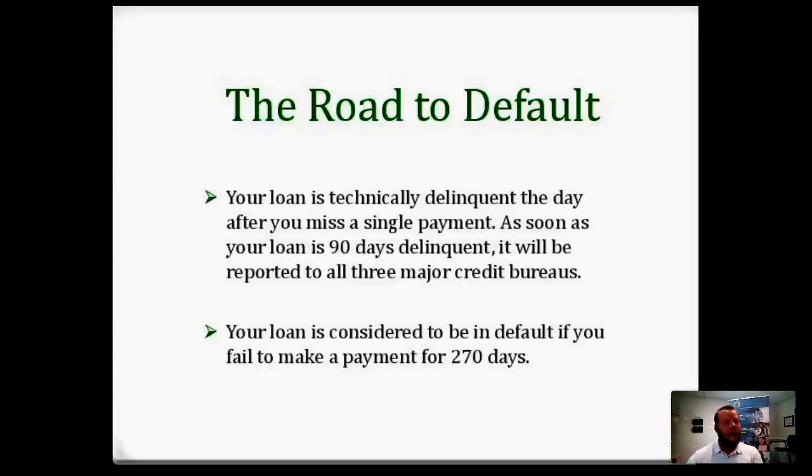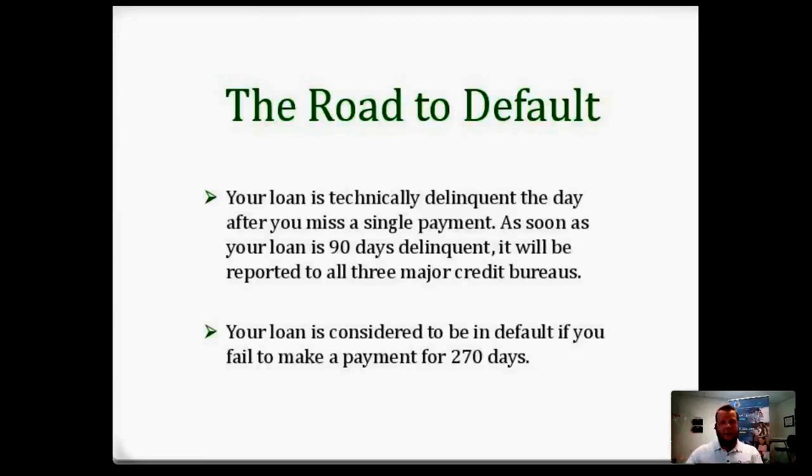So if you've gone delinquent, as soon as you hit 90 days delinquent, that's when they start reporting to the major credit bureaus, okay? So it's not your typical loan or a credit card where you hit 30 and they report at the 90. Not saying to play games in that route. I'm telling you the truth of how it works. If you can afford to make your payments on time. But at 90 days is when you go delinquent, they start reporting. As soon as you hit 270 days of delinquency, loans go into default, okay? At that point, everything changes.